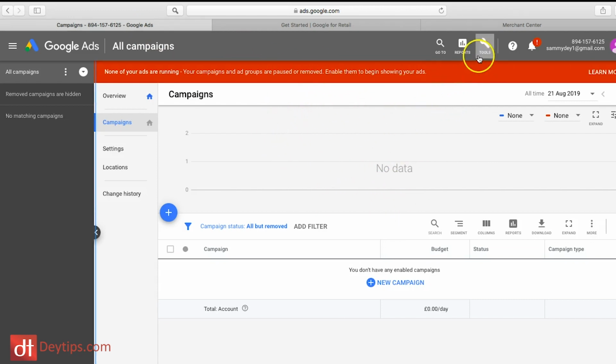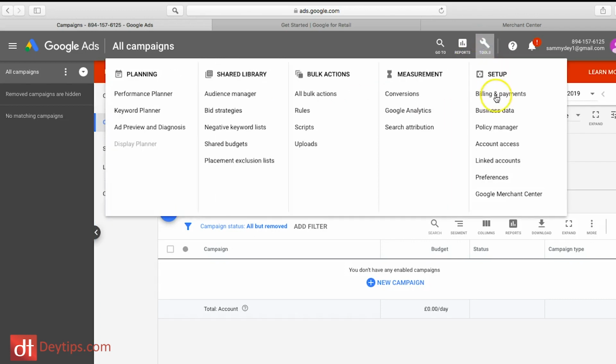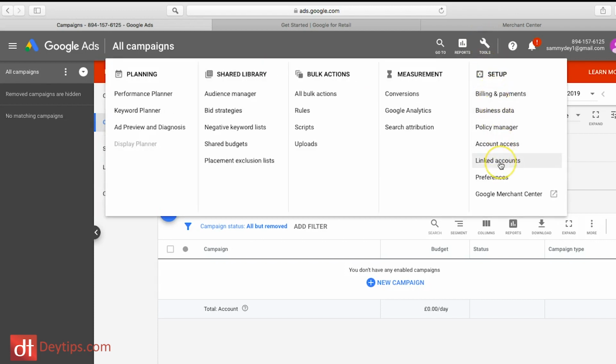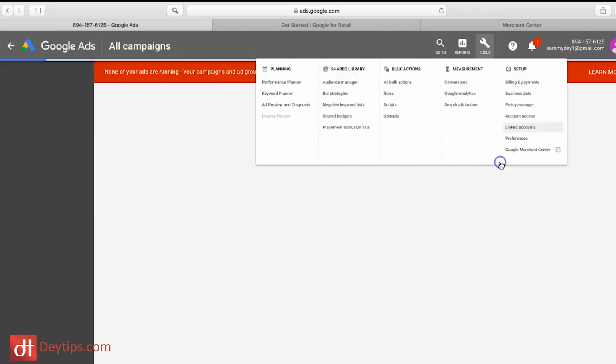Sometimes it can put you in a kind of beginner's mode. So you want to click on tools and make sure that you have these settings here. If not, then you're probably not in expert mode, and there should be an option up here in tools to help you get to this expert mode. But once you're here, you should see underneath setup where it says linked accounts. If you click on that,